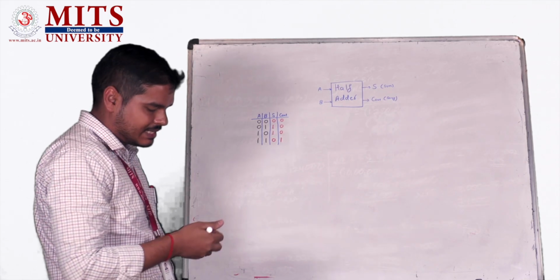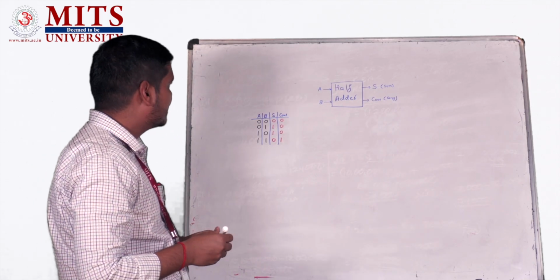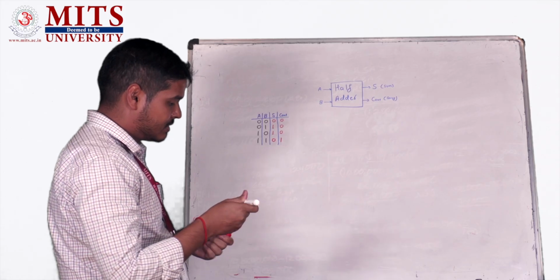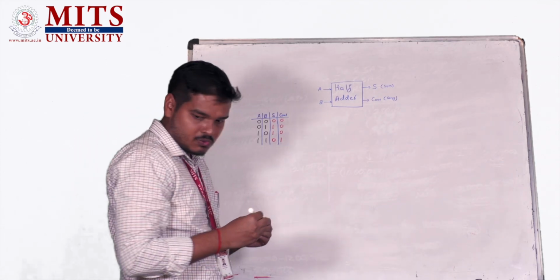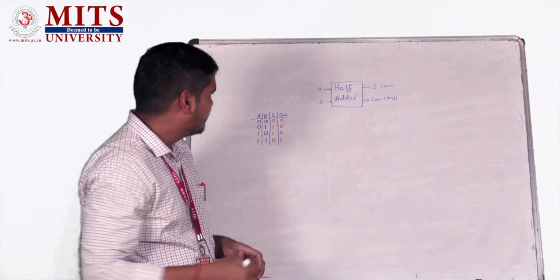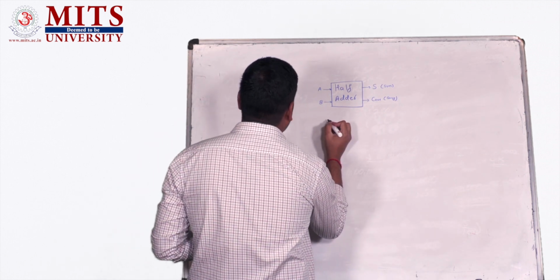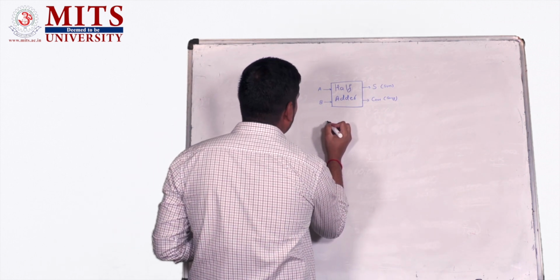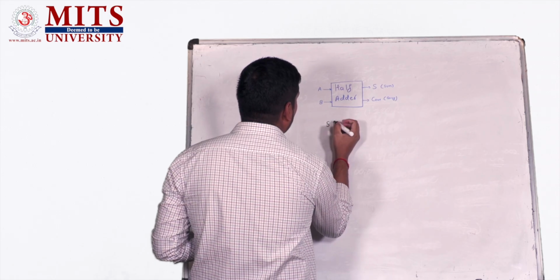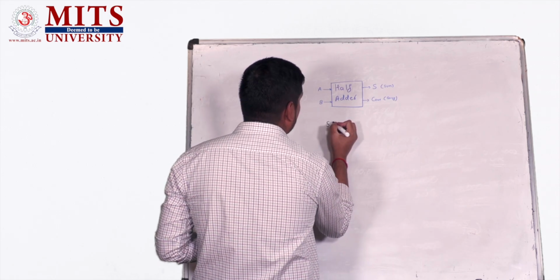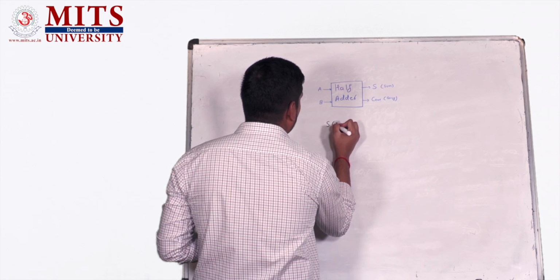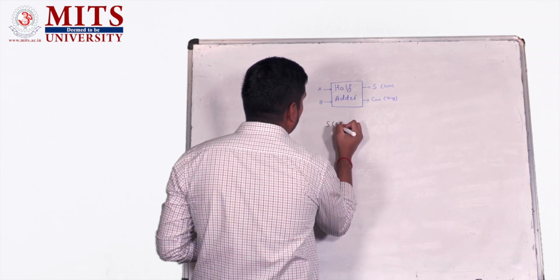Next we have to write the characteristic equations for this particular circuit. So two outputs are there. So for two outputs we will have two Boolean expressions, two characteristic equations of this particular half adder circuit. So sum is the first output and it will be a function of inputs A and B,